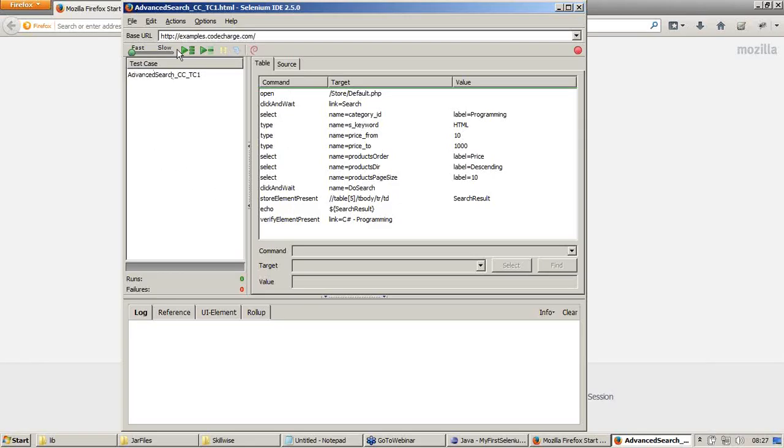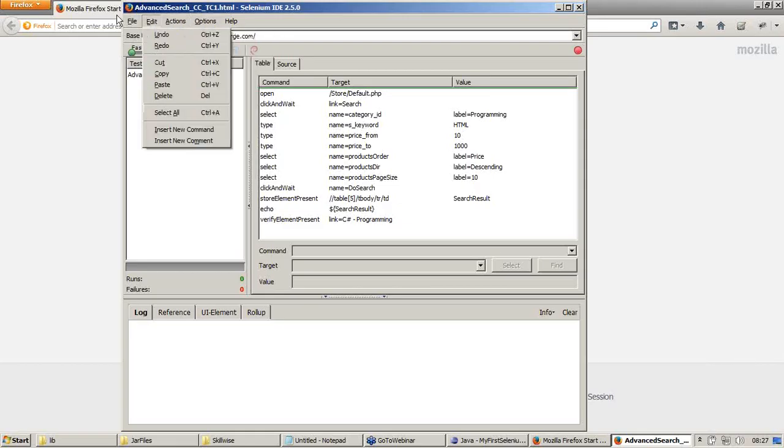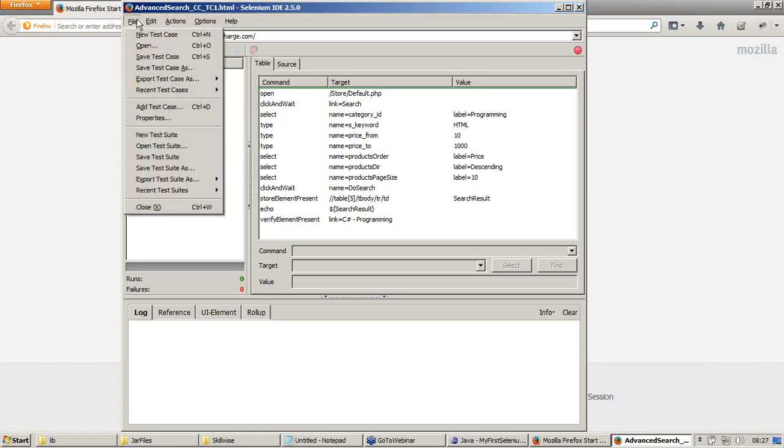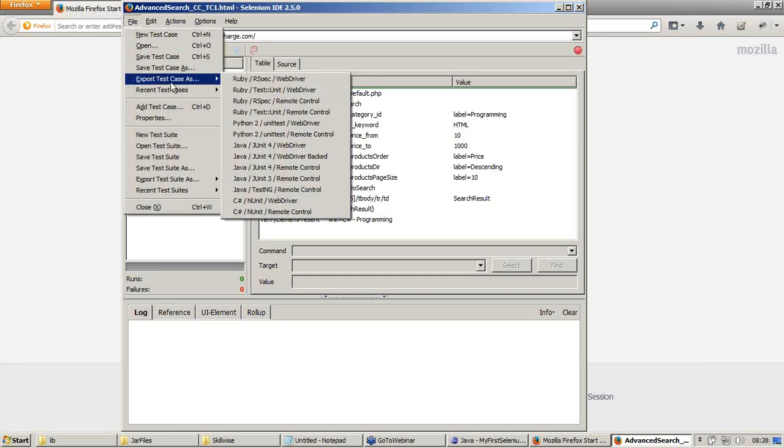To do that, you are going to say File, export test case, and say Java JUnit 4, or let me say TestNG. As we are going to use TestNG now, I'll go ahead with TestNG. You can also use JUnit in Selenium development, but TestNG is much more superior than JUnit.